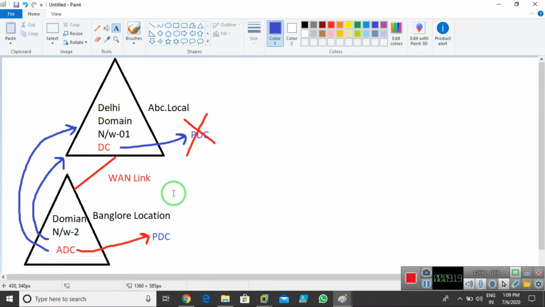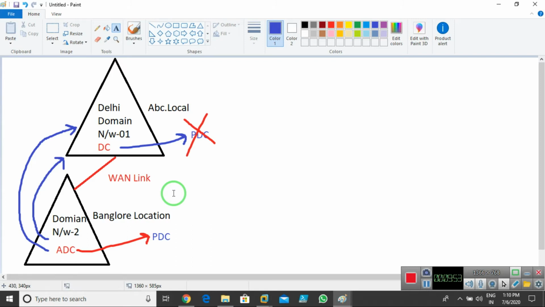But CDC is the child domain controller. It's a part of the parent domain controller. You can say that it works under the parent domain controller. So with the help of the child domain controller, I'm not able to manage parent domain controllers. But with the help of parent domain controllers, we can manage child domain controllers. A child domain controller doesn't have that much authority to become a parent domain controller. For that, we need ADC. If my PDC is down and I have ADC in my network, we can make my ADC the parent domain controller. Understood? Like this, we can go for that.